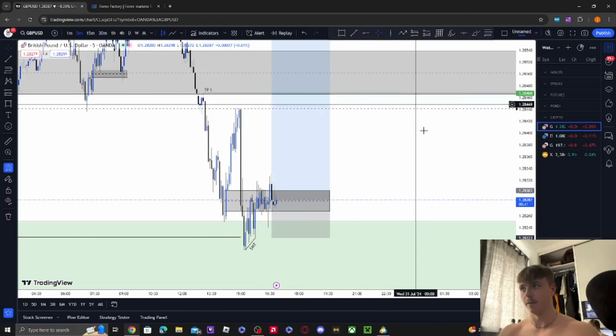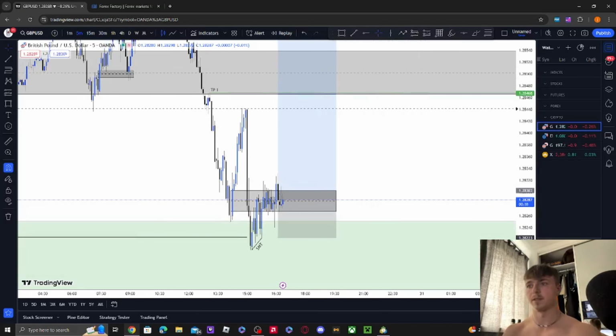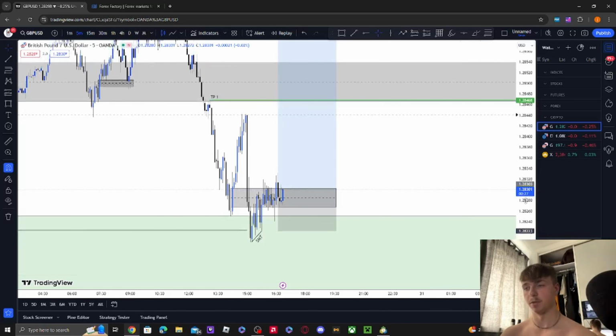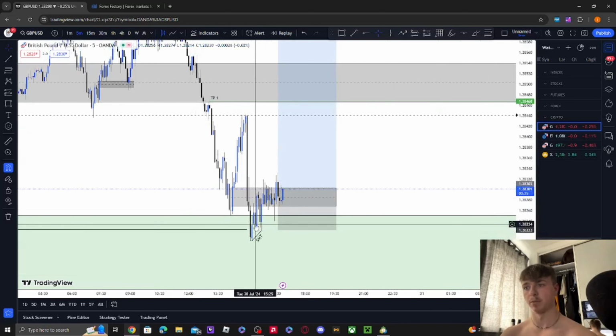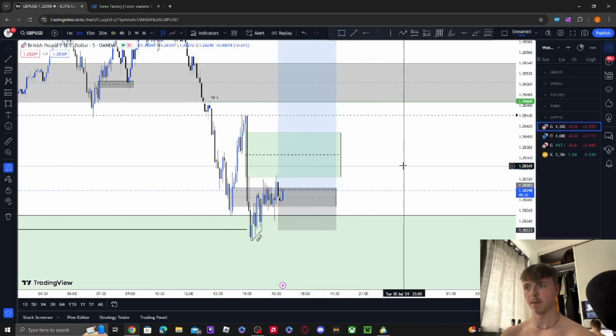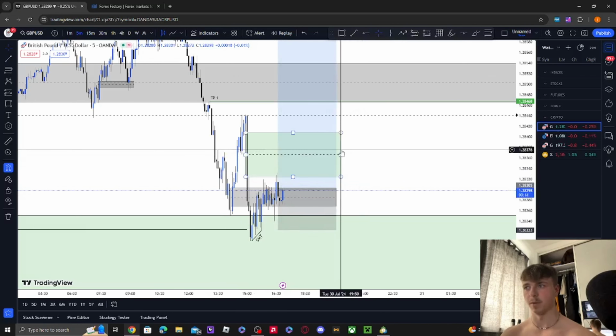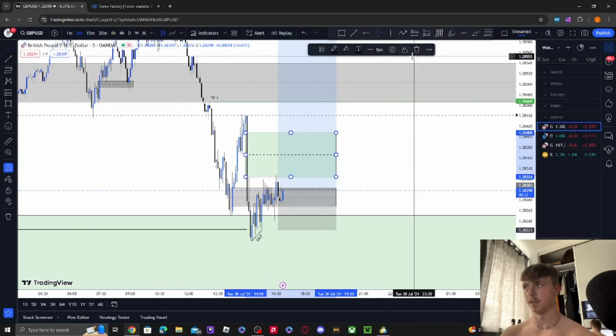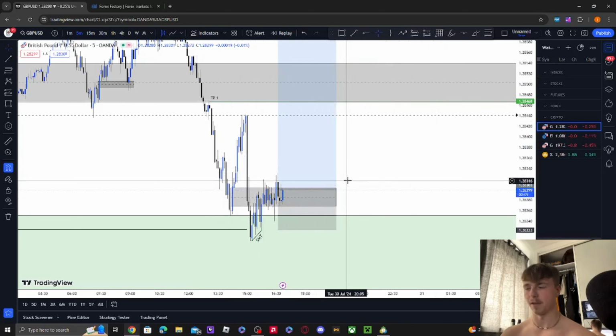Oh well, mate, we're gonna have to wait and see how this trade plays out. Hopefully we get a bit of momentum going in our favour. Because usually, and it's not all the time, but usually, once we have a news leg down, this isn't classed as a fair value gap. It is literally just a void,